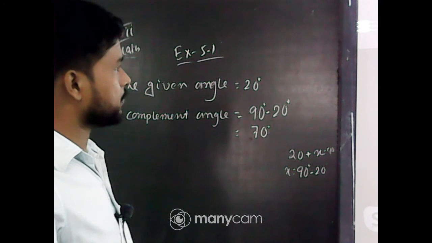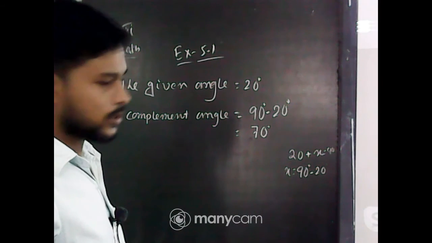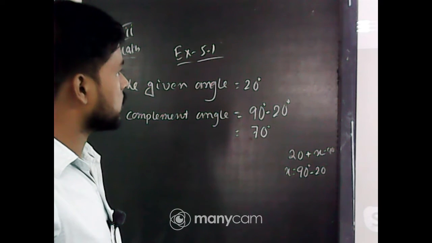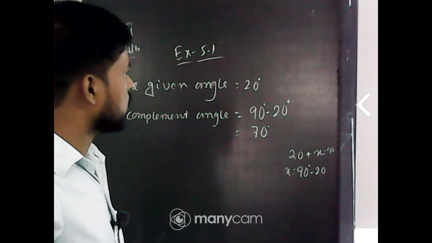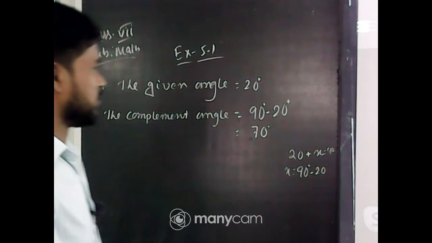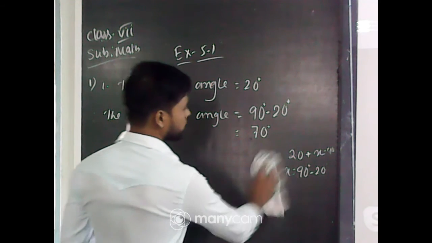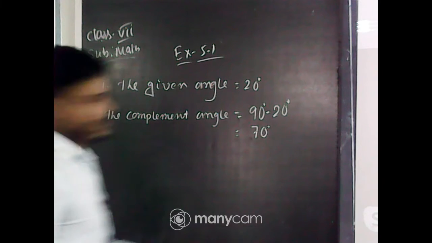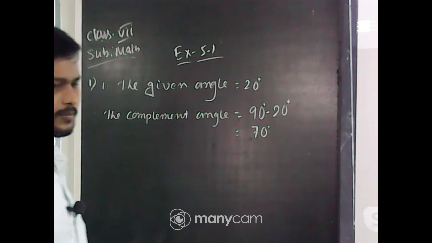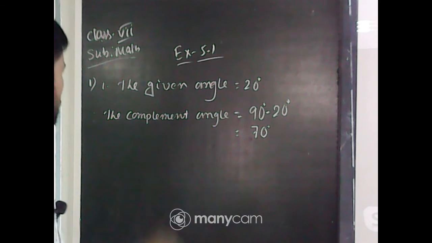Very good, Nandini. Asiful has sent me the solutions. Let's check. Yes, very good, Asiful. But you don't need to draw the diagrams. Now students, tell me, have you understood how to find the complement of a given angle? Just subtract the angle from 90 degrees. Okay, let's move to the next question.